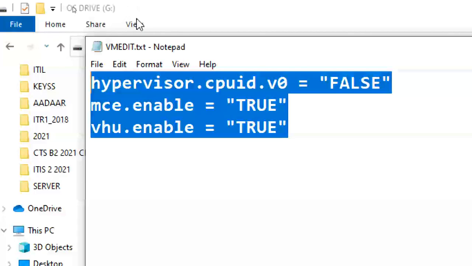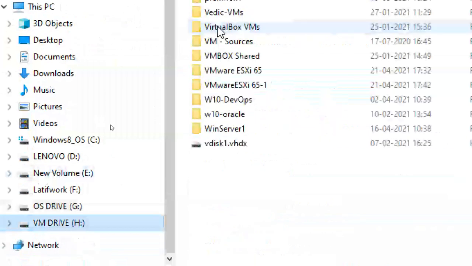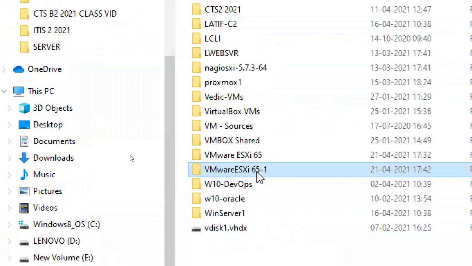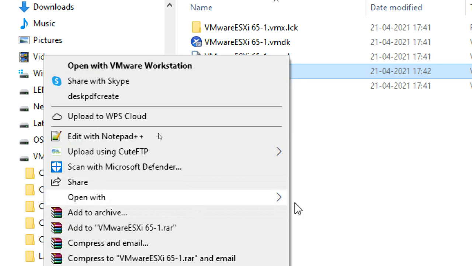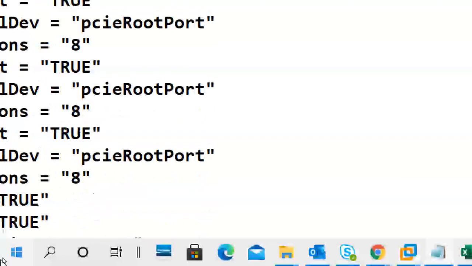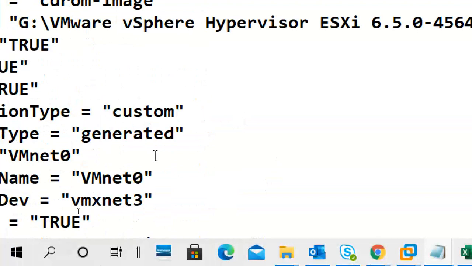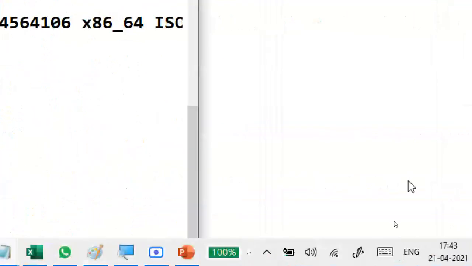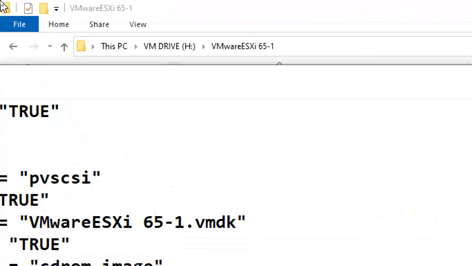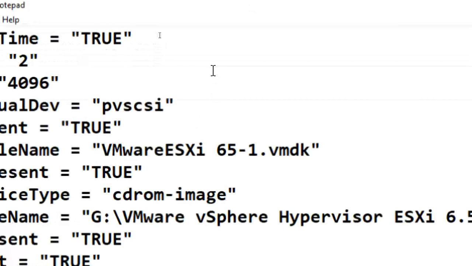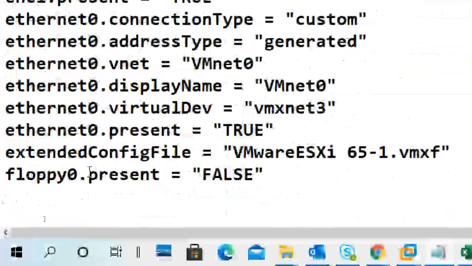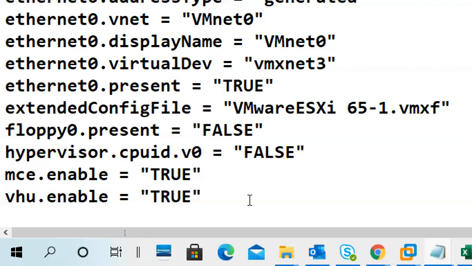So I have to copy and paste them here, in the file I created currently. Open with Notepad. Okay, I'm pasting this.